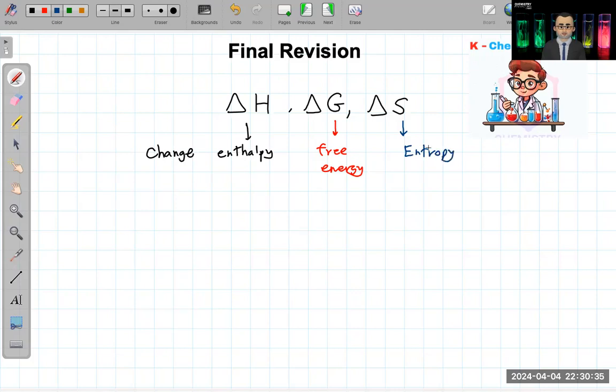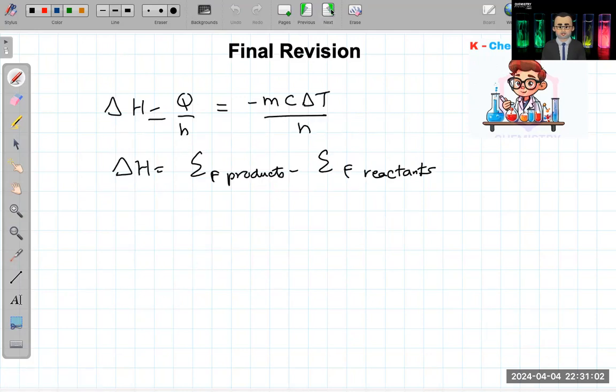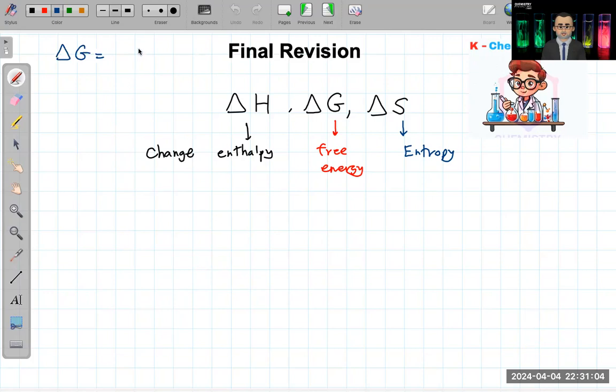I know that these things are difficult to understand. That's why usually I will just get the values using the equations, because these are very abstract ideas. So before knowing how they are linked together, I need you to agree on this idea. The reaction will happen if the delta G is negative. If the delta G is negative, it is spontaneous. This is the most important thing. If delta G is negative, then it's going to happen. Otherwise, it's not going to happen.